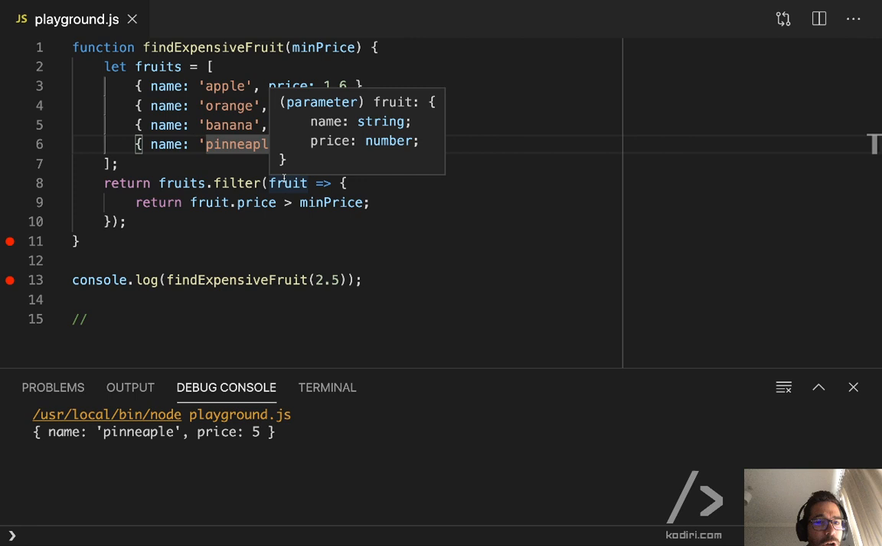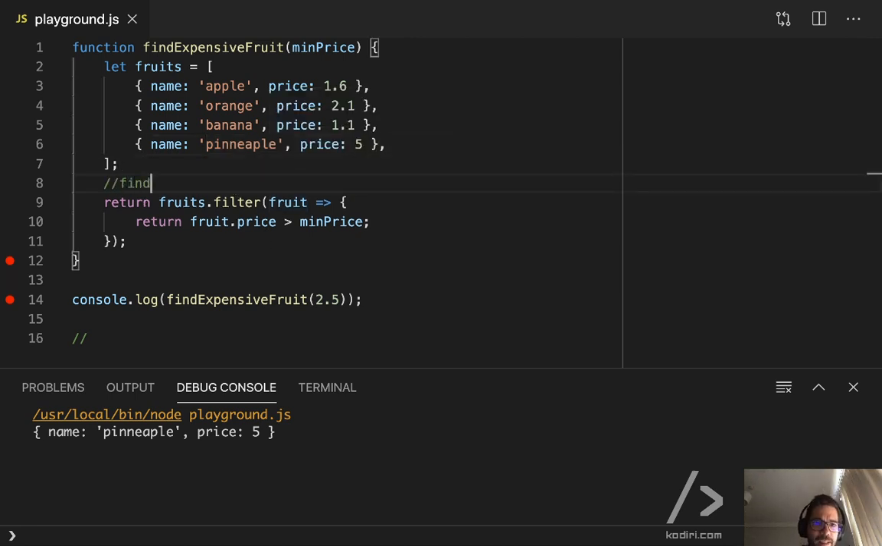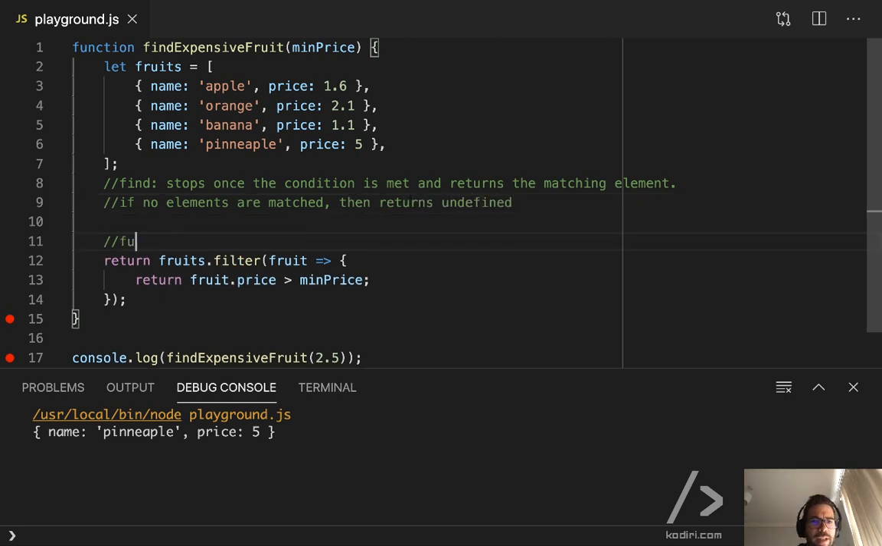The only difference is, find stops once the condition is met and returns the matching element. If no elements are matched, then it returns undefined. So that's fine. When checking a filter,